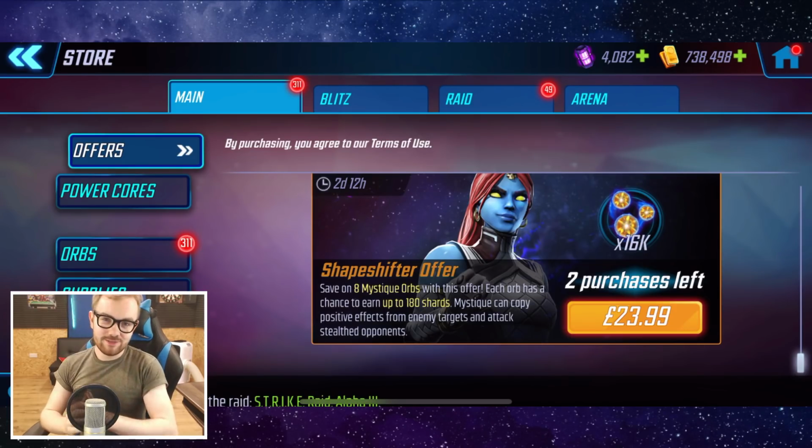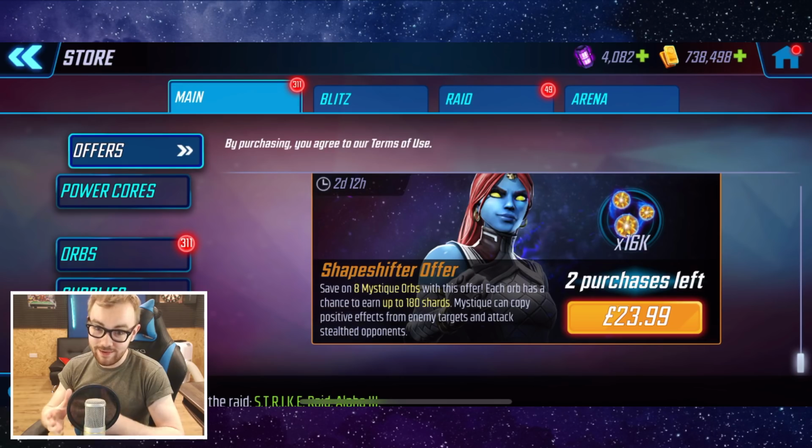Ladies and gentlemen, today in Marvel Strike Force we have had the early access offer for Mystique land in the game, which I'm super excited about, man. Mystique looks like an insane character. I'm really excited to see the animations, and I thought today we'd get some of that early gameplay up,